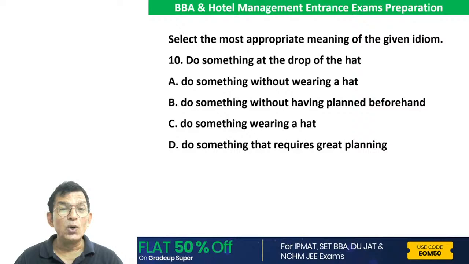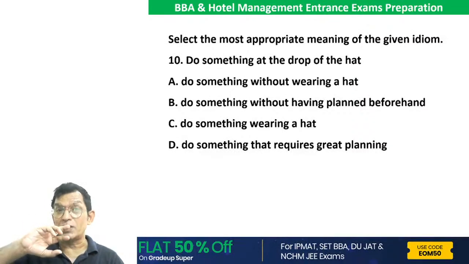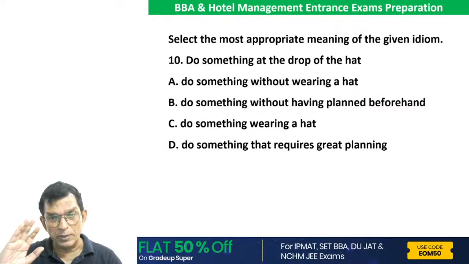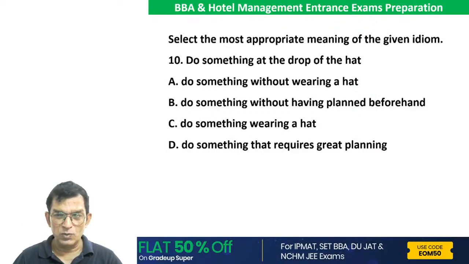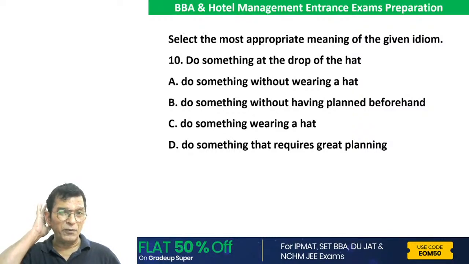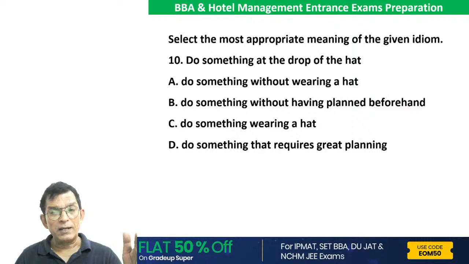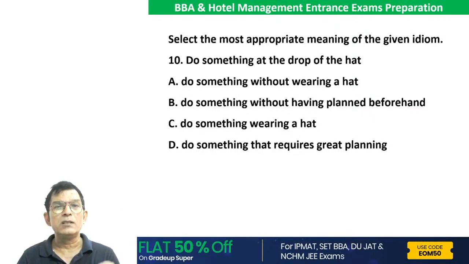Actually, there is no answer exactly like the sentence I'm speaking, but that is the actual meaning. Now try it. It's the closest sentence to the one I've given you. I'll try to match it with the sentence I gave you. At the drop of a hat, she cries. Very good. Do something without having planned beforehand. Impromptu, kind of. But what this actually means is ready to do something without much cause.